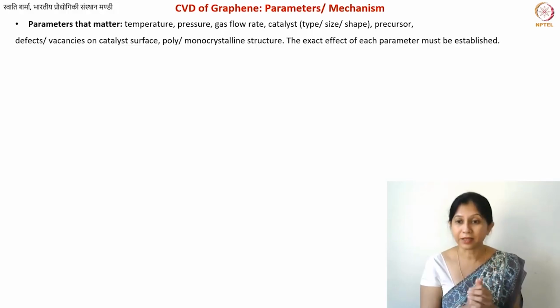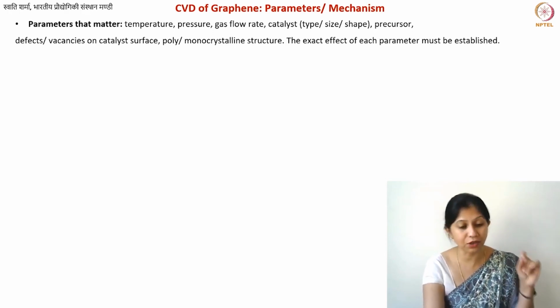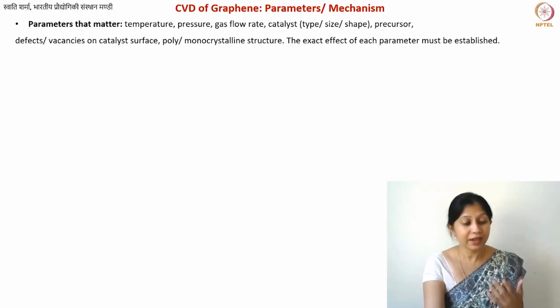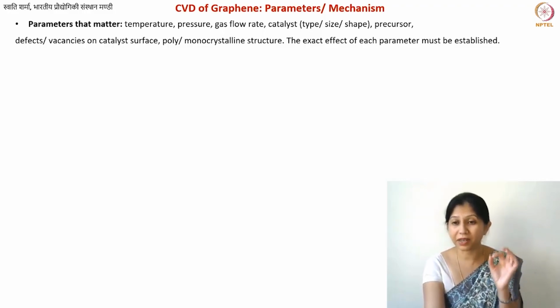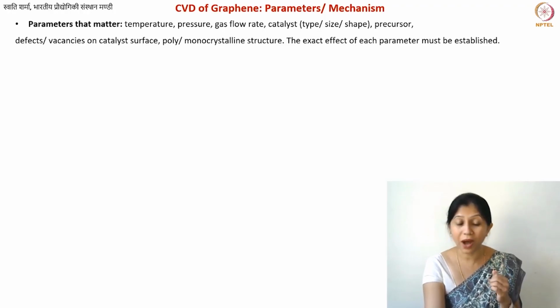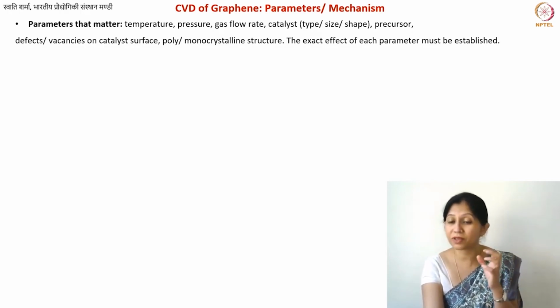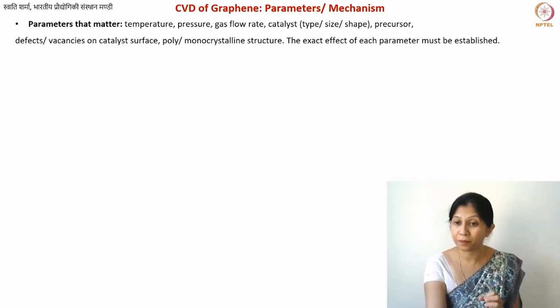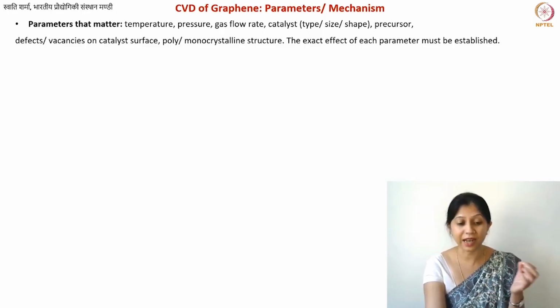Okay, temperature. This temperature is very important, but I have not discussed it in great detail. And there is a reason for that. I have not given you one specific temperature for graphene CVD. The reason for that is, number one, the parameters can slightly vary. The temperature can also slightly vary depending upon your catalyst, for example. Why? Because different catalysts, different metals have different solubilities or diffusivities of carbon species. So depending upon that, you will have slightly different temperatures. You will also have different temperatures for